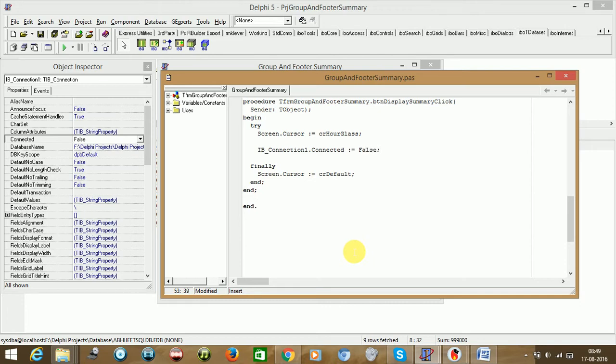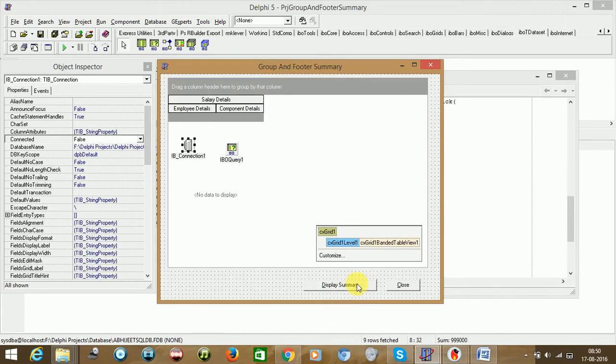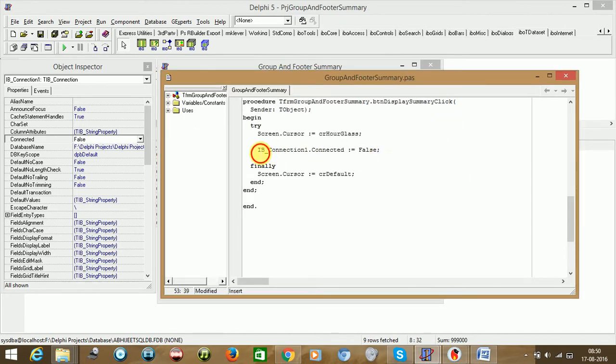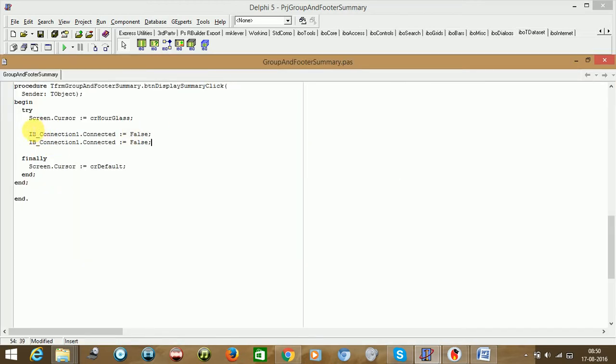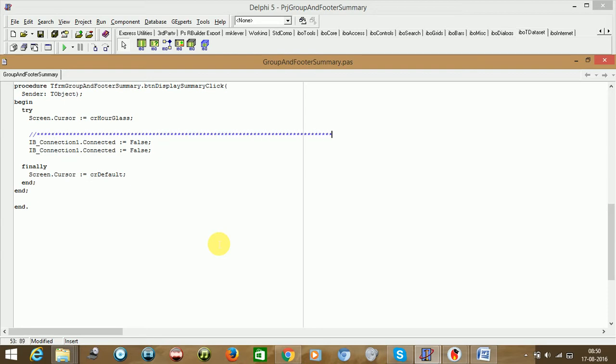Why false? Because if someone is clicking on the display summary button all the time, it needs to be closed and reopened again. We can make it a little bit bigger and put some comments, so you will understand what is happening.